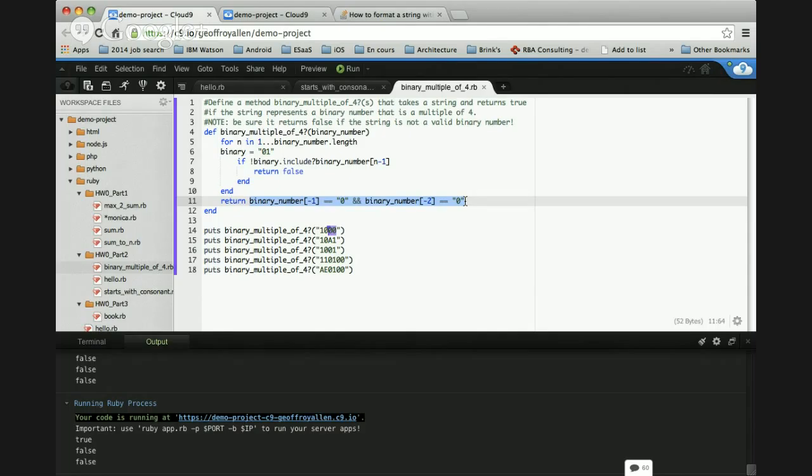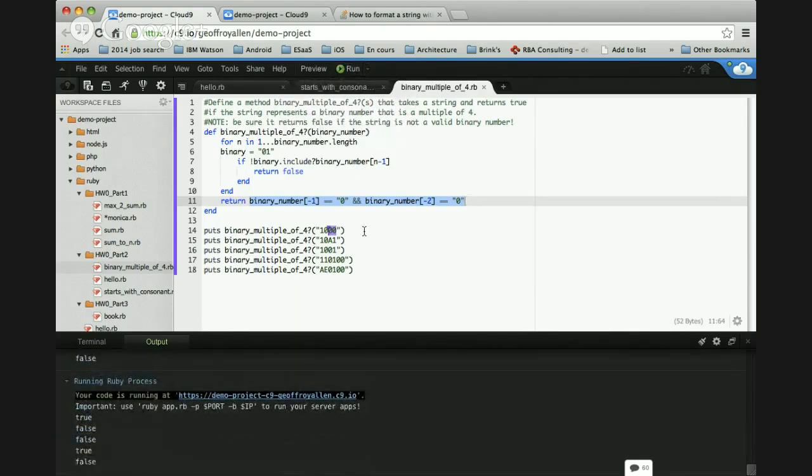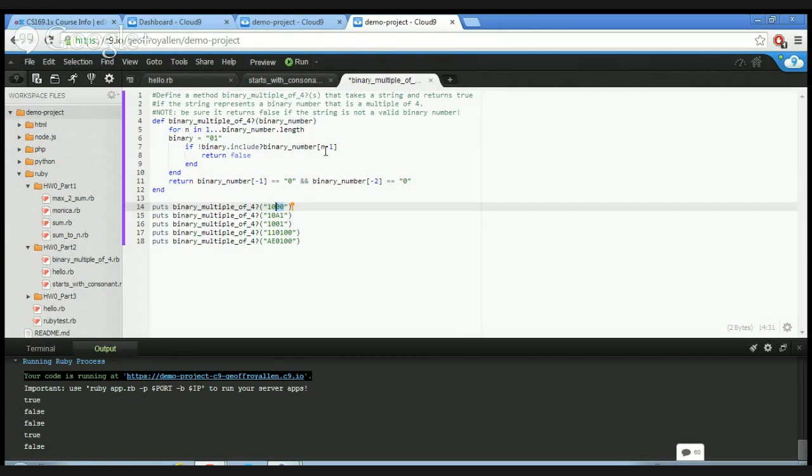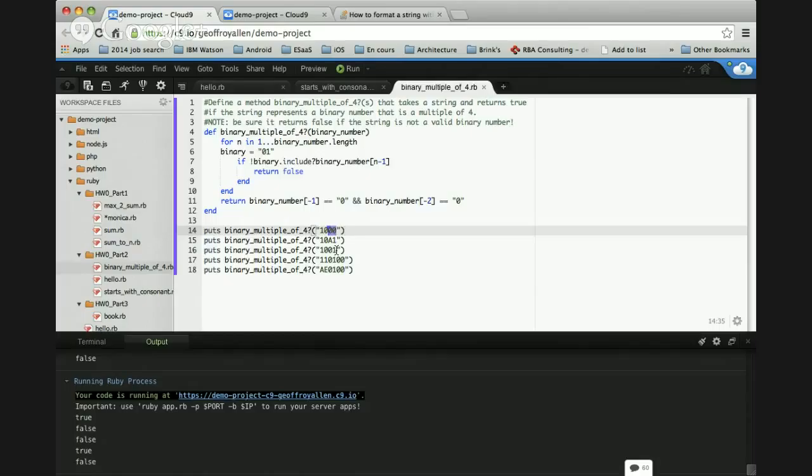Did we run it? No, we didn't. So we can run it and see that the first one is true. Second is false. It has an A in it. Next one is false because it doesn't end in 0, 0, so it can't be divided by 4. And then the next one ends in 0, 0, so it's true. And the next one ends in 0, 0, but it